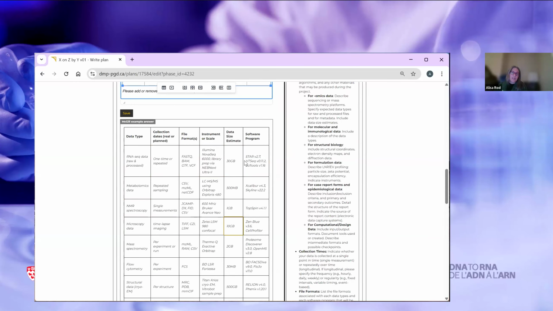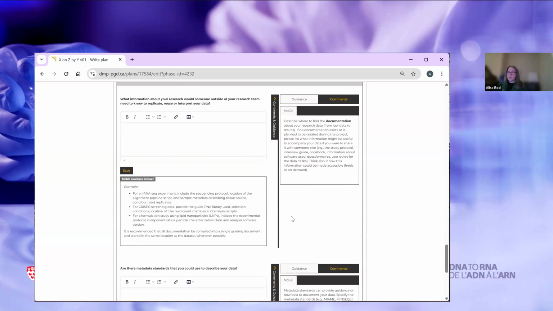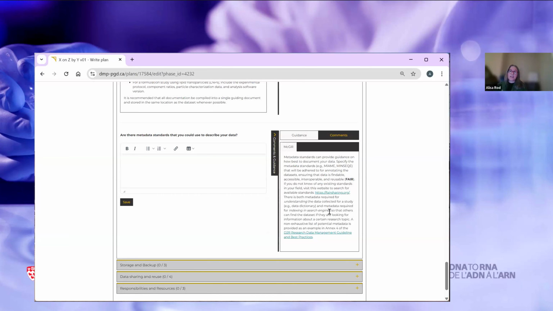For metadata and documentation, there's a couple questions about what documentation someone would need to be able to not just verify your findings or replicate it, but for the D2R team members to understand what you're doing and what's going on with the data, and also just for transparency purposes. There's an example here that explains what kind of information you would put for certain kinds of experiments or for certain kinds of data specifically, so that could be useful as well. And then if there are any metadata standards that you would use to describe your data, and that's not just thinking about during the project, but if you want to make your data FAIR at the end of the project,